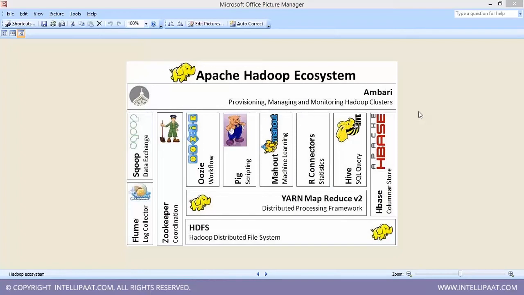If you want to fetch data from other files, then you have to use either Flume, or there is one more tool available called Kafka. You can use either Kafka or Flume to fetch the data into your systems. So they all fall under RDBMS platforms. The full form of RDBMS stands for Relational Database Management System.